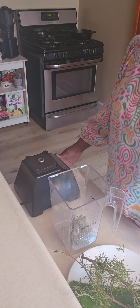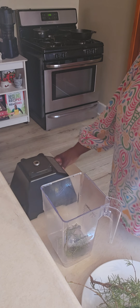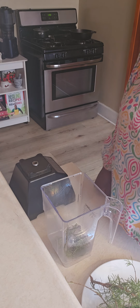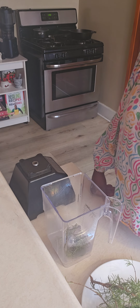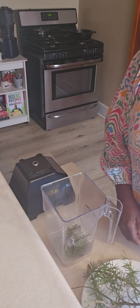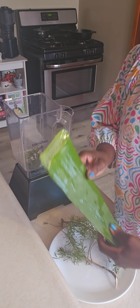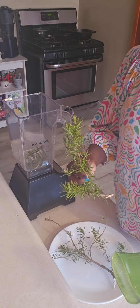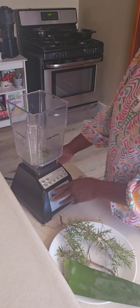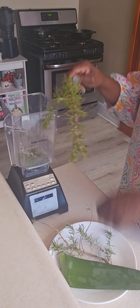Okay guys, what I'm about to create here is a product for hair thinning. I'm having some problems with my hair thinning, so I have some rosemary, and I have aloe vera from out in my yard, fresh rosemary, fresh aloe vera, and then I have my Blendtec blender. So what I'm going to do is take the dry